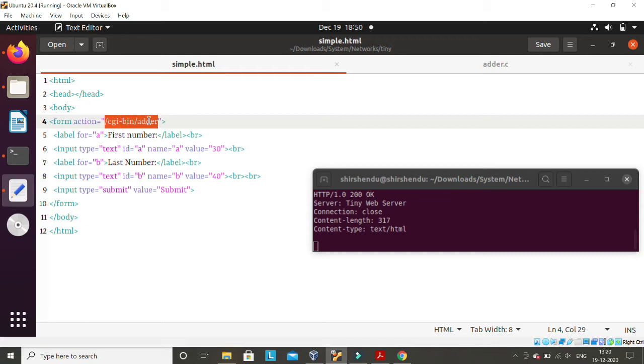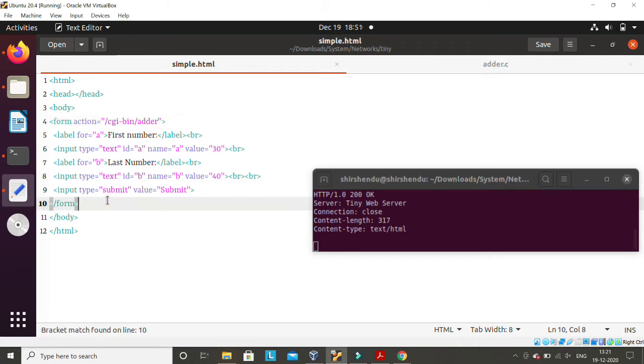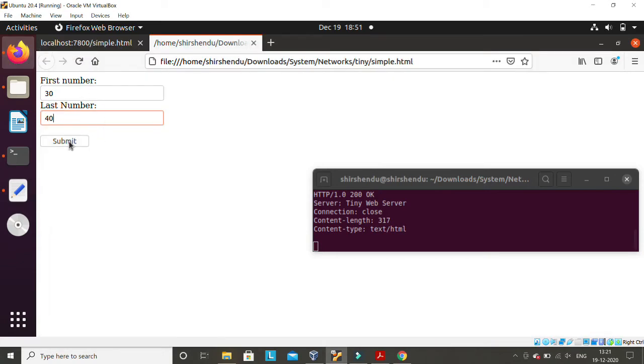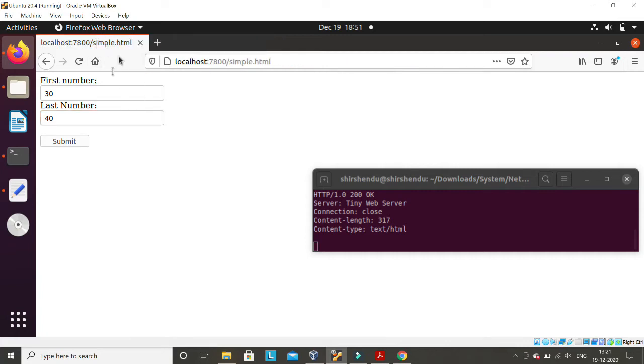With this URL, any form has some way to submit the data. One way is GET, then POST, different things are there. By default, it will send all the values as a GET method. So the moment I press submit here, what will happen? You can check this result not here, but in the client. From the client, I first sent a request called simple.html to the server, and the server returned this form. Now I have entered 30 here, and suppose 780 here, and now I press submit.